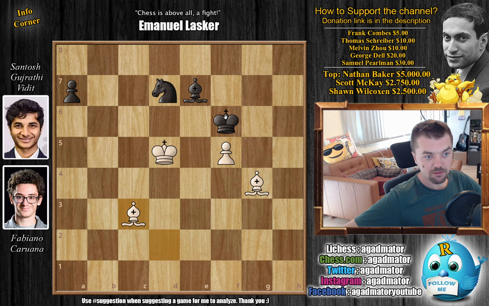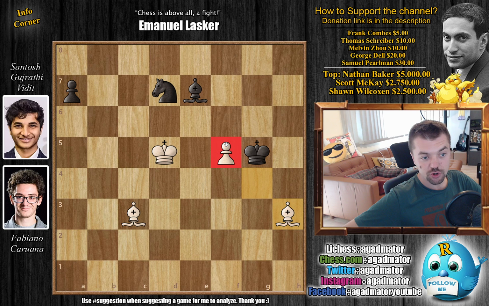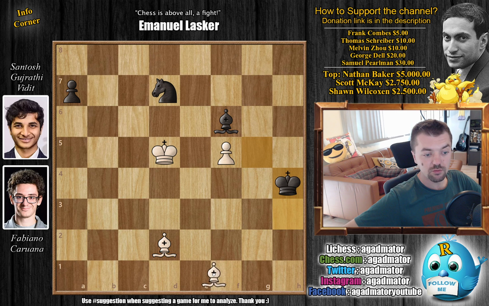We have bishop to c3 check, king to g5 now. You have to go to h3 to both save your bishop and the f5 pawn, and bishop to f6 now offers the trade. Of course, Fabi declines, bishop to d2 check, king h4, and now you have to move the bishop to f1. And bishop to g5 now, again offering a trade here, which Fabi of course declines,